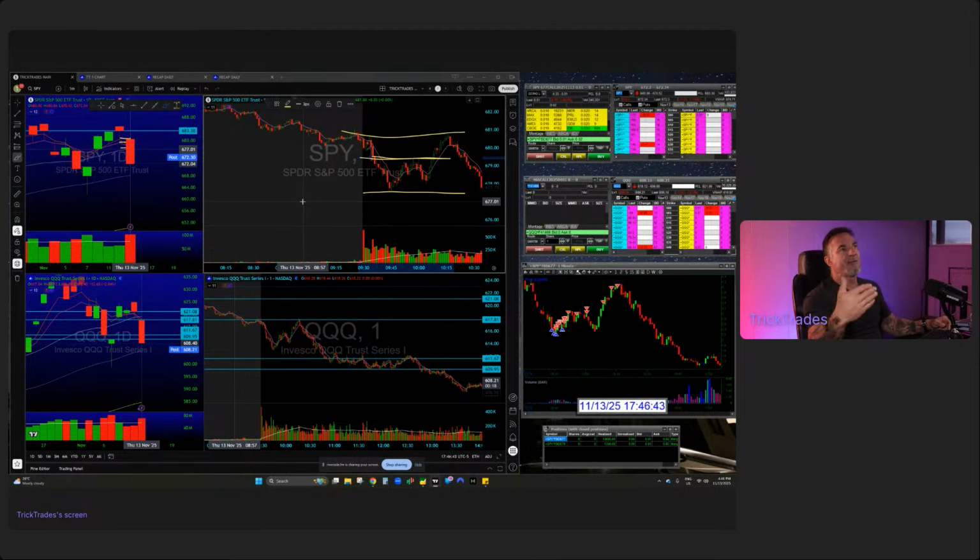Well, I shouldn't say few, but we'll call it, for the sake of argument, few trades out there where you pressure in because the odds of success are huge and you understand why there will be movement at that particular support or resistance, that technical level. This isn't difficult. None of this is difficult. It really isn't. It's just a matter of getting your shit together and working with someone that can teach you